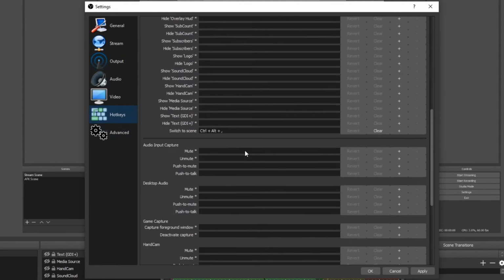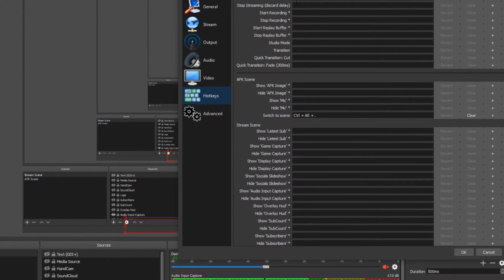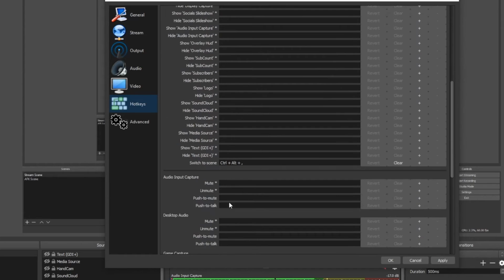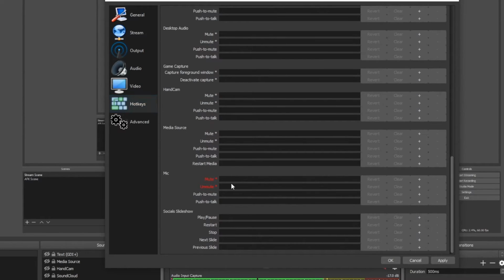Hotkeys, this is something really cool. So I have a lot. So basically, if you have lots of sources or lots of scenes and you want to make them show or hide whenever you want, you can basically do something like if I want to mute or unmute my mic, I find my mic, and then I do any combination of Control, Shift, Alt, a random number or a random letter. So if I want to do for my mic to mute, Control Alt M, then I would do Control Alt M,